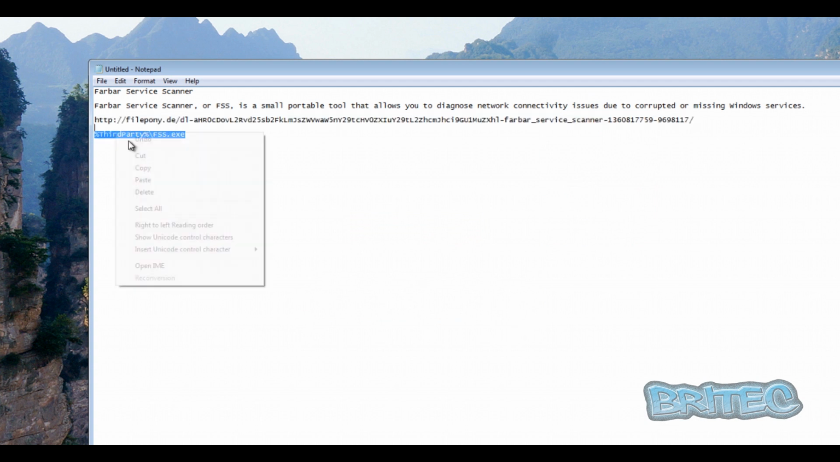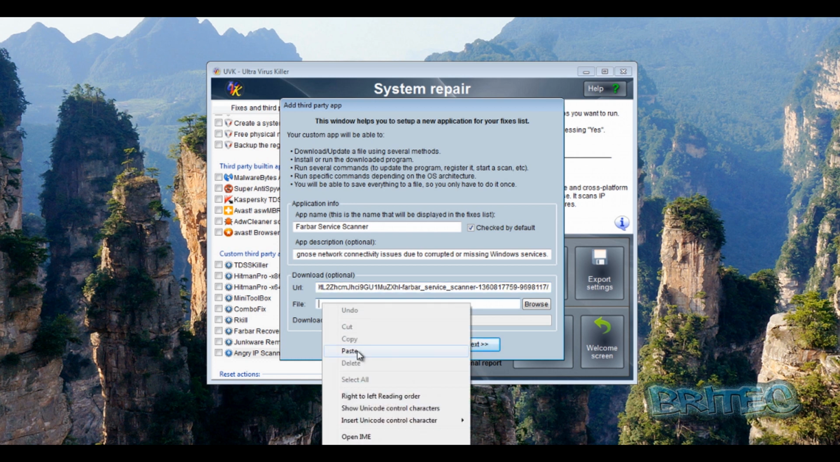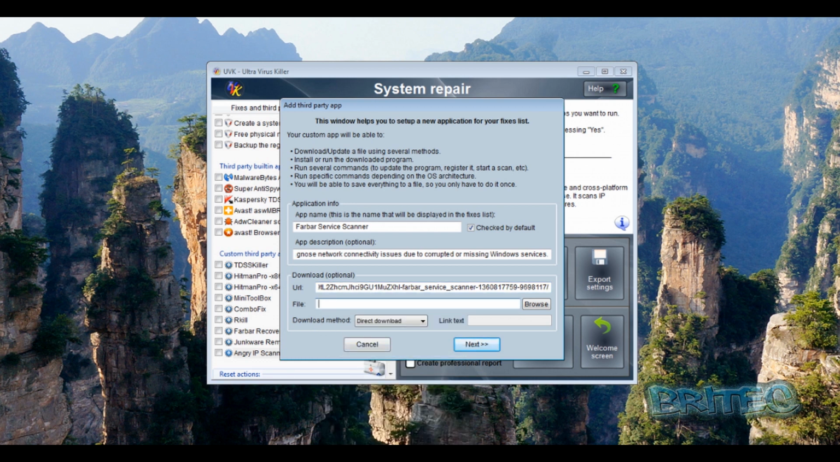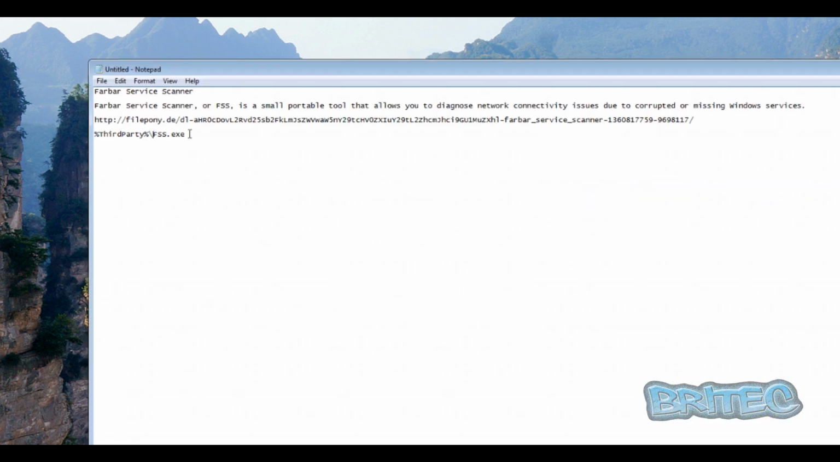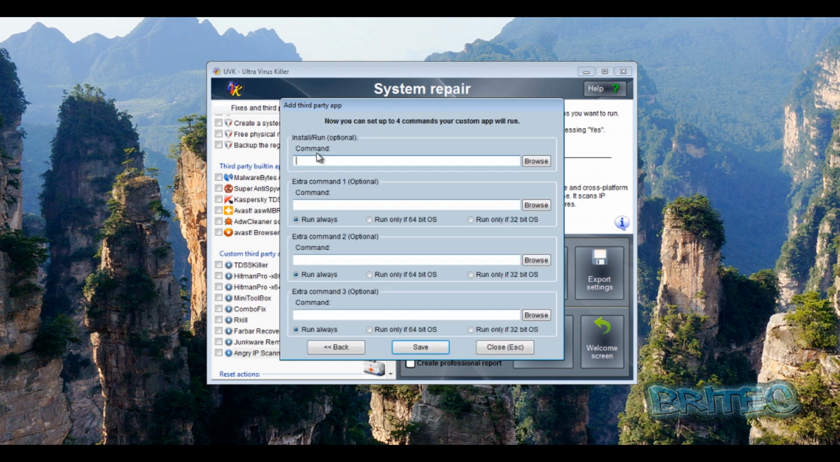So we've got third party here, we're going to copy this one, and we can stick that straight in there. If it copied all right, I don't know what happened there. Okay, so we'll just paste that in like so. Been a bit lazy today. So we've got direct download, that's what we're going to use, and we're going to go next, and we can put our command in to make it run. Click save,